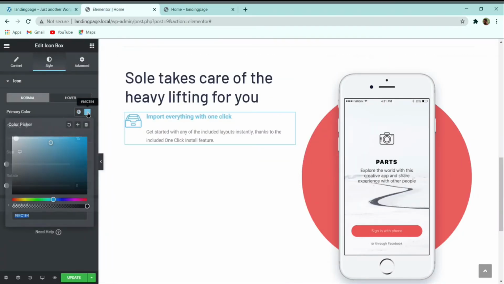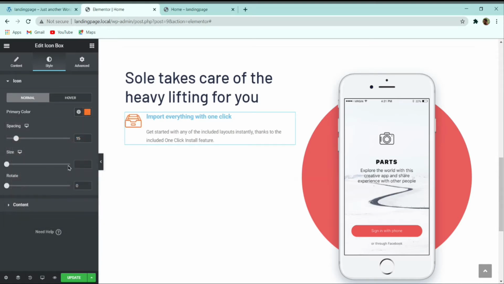So let me give a primary color. The primary color which we have used is FA742B, and then size you can select here 48 pixel, and then you can also increase the spacing from here also. So let me choose a spacing to it.